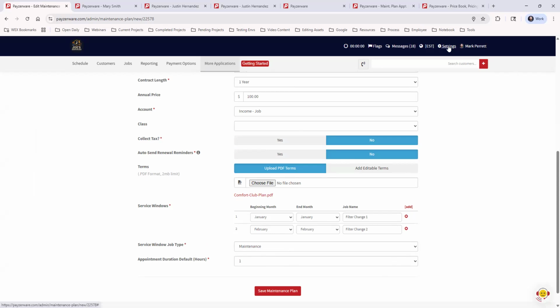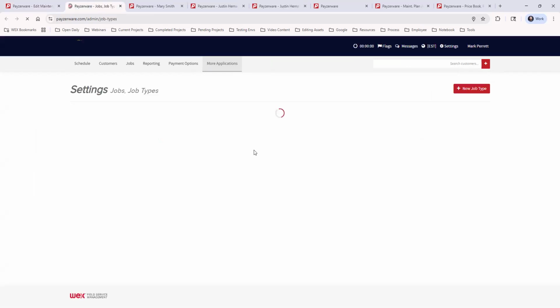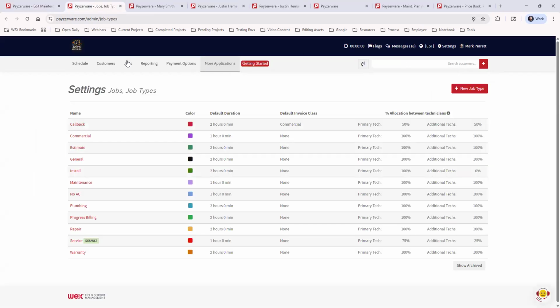you will go to Settings, Jobs, Job Types. Job types are great for reporting. So if you want to be able to filter by your maintenance visits, making a maintenance job type is a good idea. So you'll click Add New Job Type,